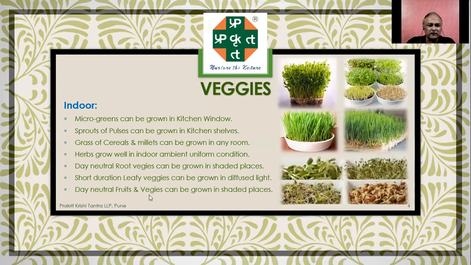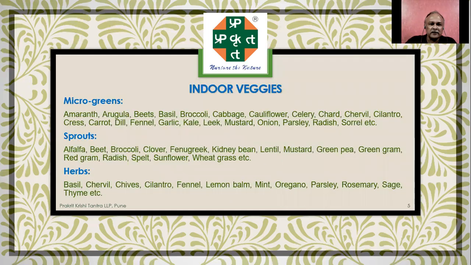And then day neutral fruits and vegetables are also possible to grow, where flowering and fruiting is possible. Here is the list of different indoor veggies. In that, three groups I have mentioned: one is the microgreens, and then sprouts and herbs. And you can see a long list of microgreens, like amaranth, arugula, beet, basil, broccoli, cabbage, cauliflower, celery. All these vegetables can be grown outdoor as a vegetable, and also can be grown indoor as microgreens